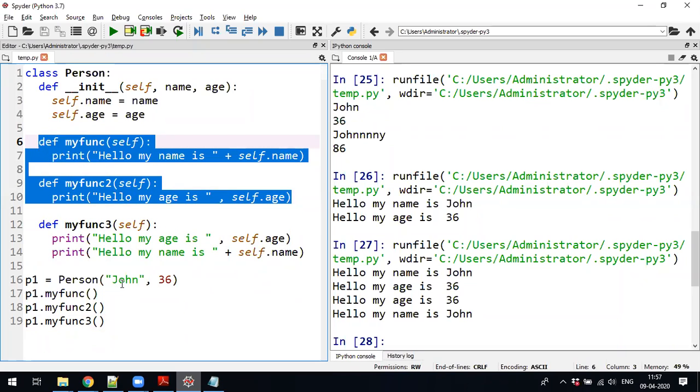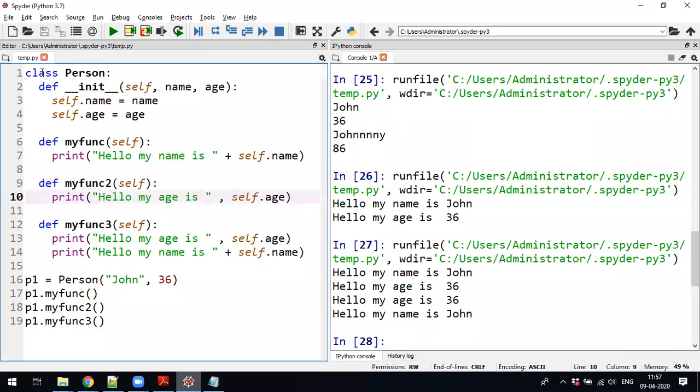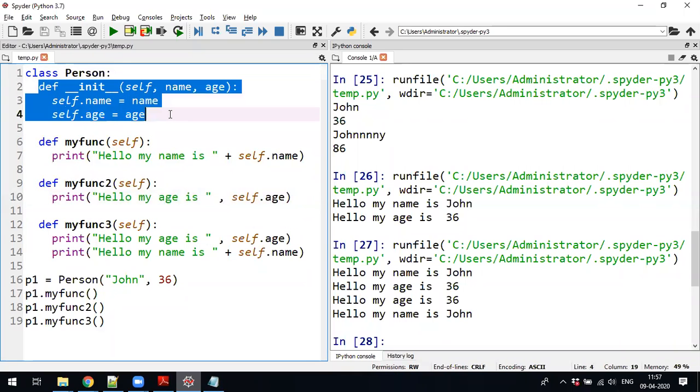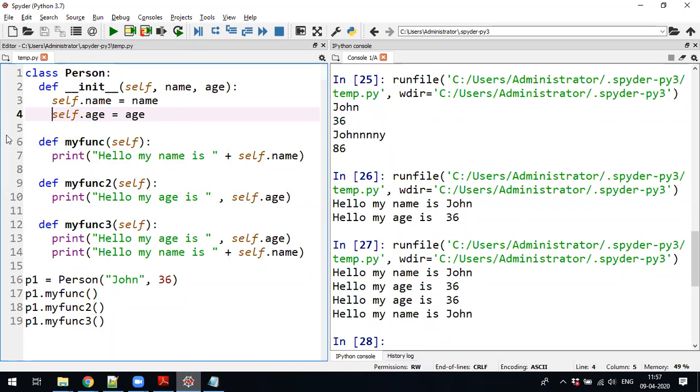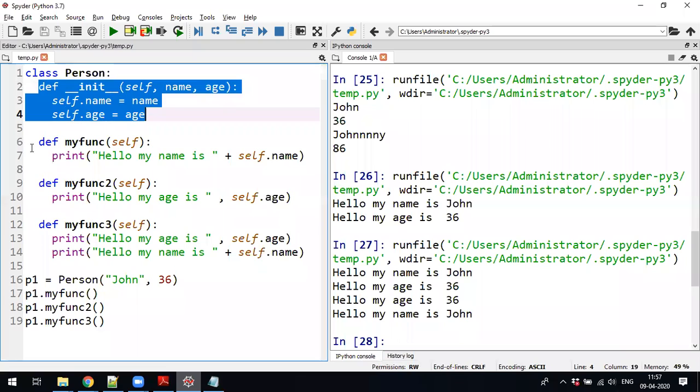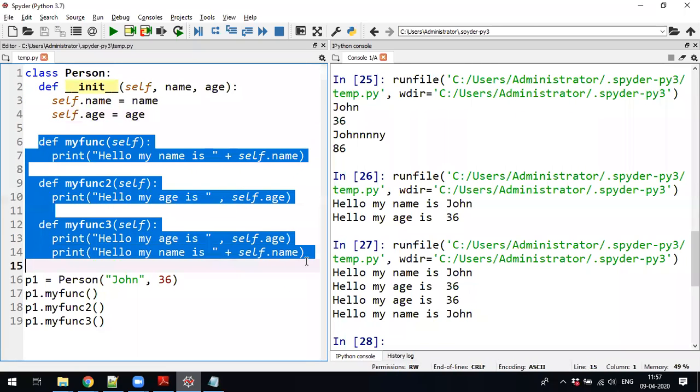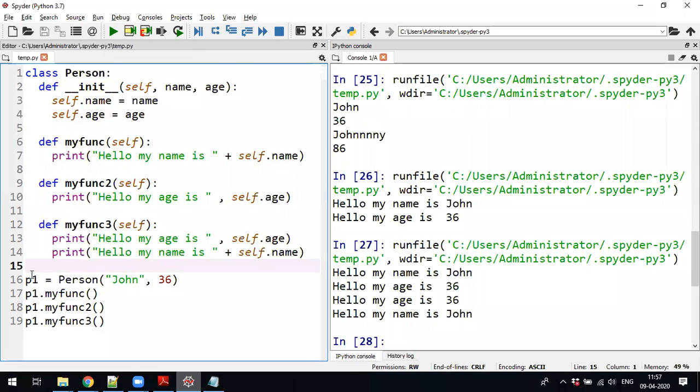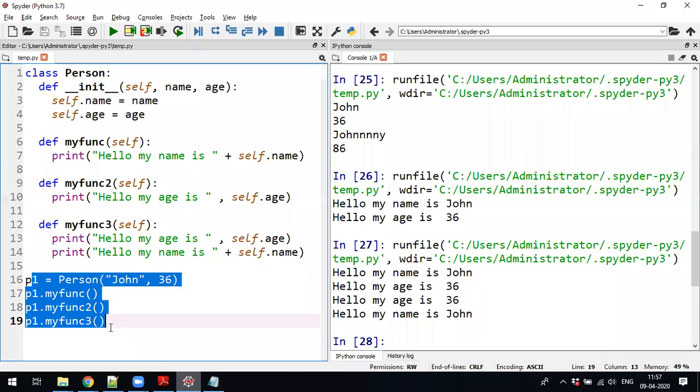There is no function called main here. Within the class, you write the initialization function, the constructors. Then don't use the word constructor, say initialization function, and then the user defined functions, then directly creating the objects and function calls.